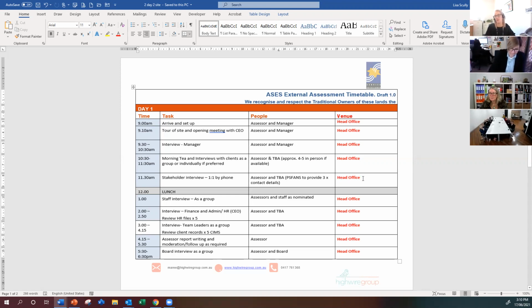Now, stakeholder interviews, I get a lot of questions about what constitutes a stakeholder. So these are people that you may be in some sort of alliance with, people that you may have a referral pathway with. So you may have referral pathways into housing that you use. I generally need about 10 or 15 minutes on the phone with these people, and I understand that it's not always possible that we get them in that spot. So this is probably one of the ones that is a lot more discretionary, and being able to do that after the assessment or before the assessment or even after hours, if that's it.